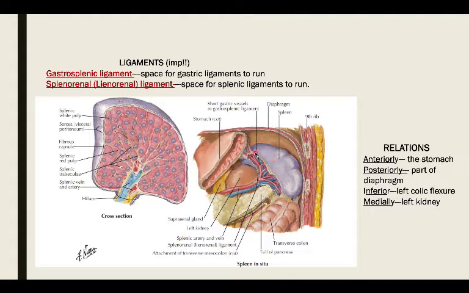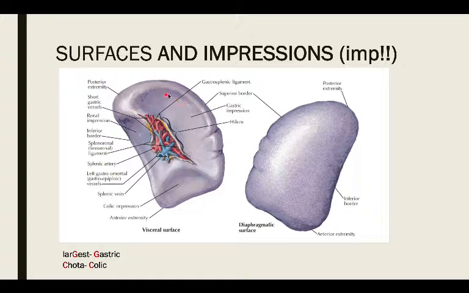But the surface that's on the visceral side, it's going to have these structures pressing against it and forming some impressions. So here you can see there are these three important impressions, which from exam point of view, they're going to ask to label the impressions, and they're going to ask in Viva as well. Okay, what are the three impressions on the visceral surface?